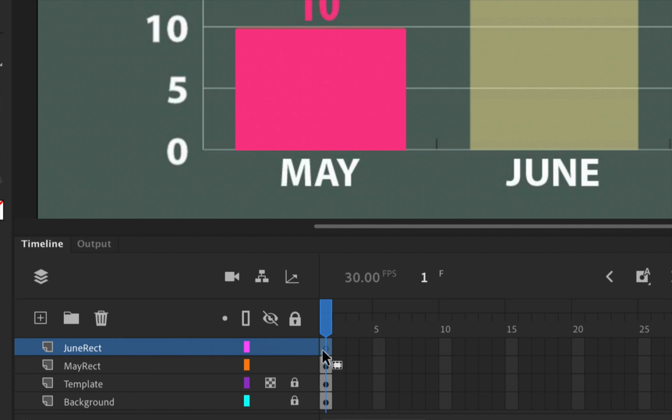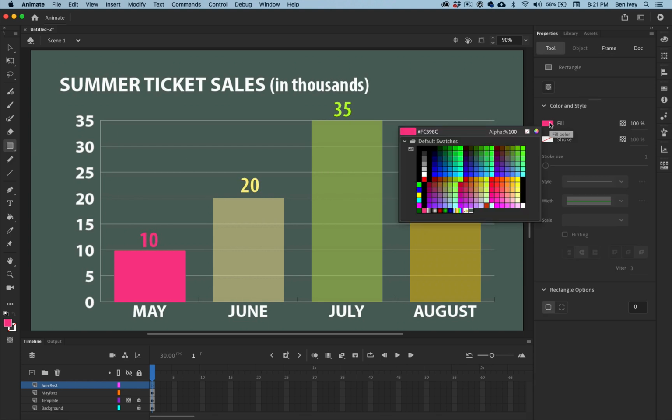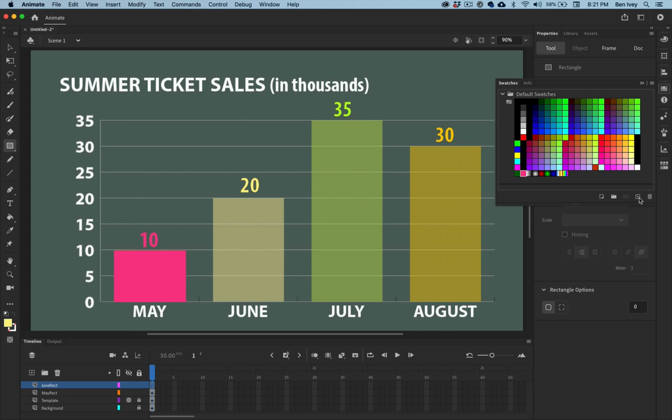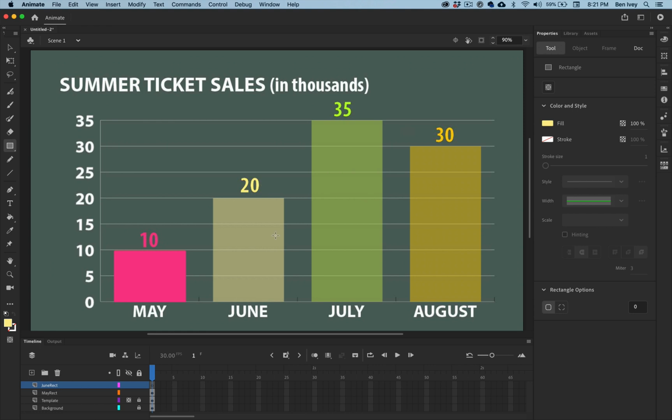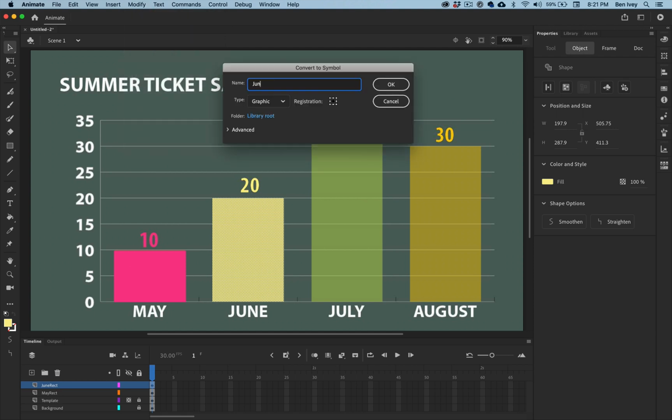With the June rectangle layer selected, let's grab my rectangle. I'll click on my color swatches for my fill color and pick up the yellow. And if I want to, I can create a new swatch inside of here. Whoops. Do make sure that the yellow is highlighted though. There's my fill. I won't worry about saving the swatch for now. I'm just going to create my rectangle. Finally, we'll select it and then go to Modify and convert it to a symbol. Again, we'll call it the June